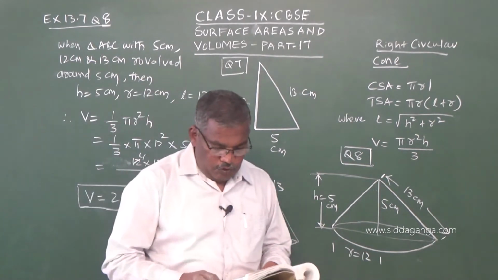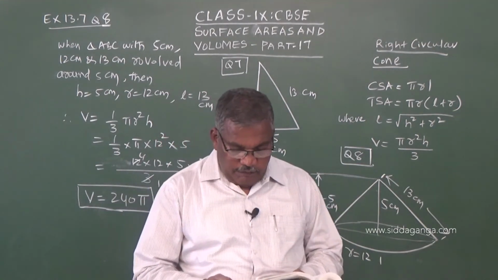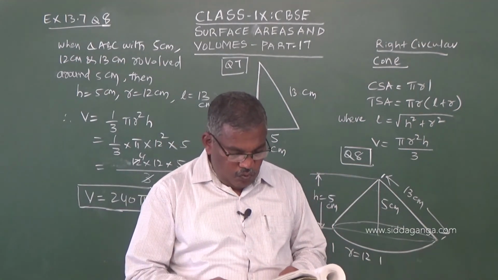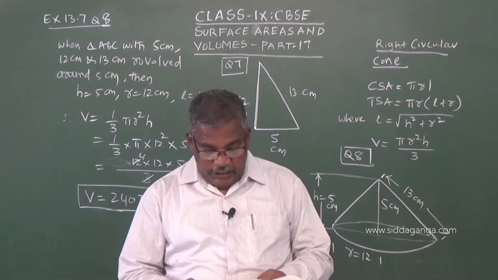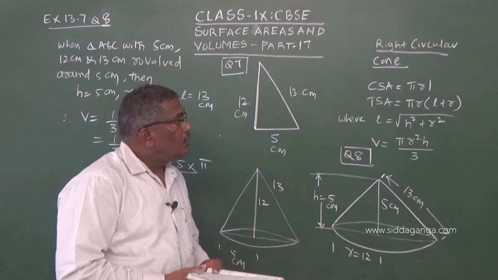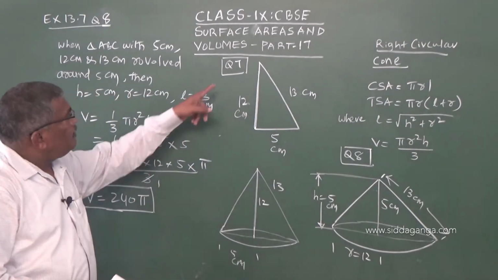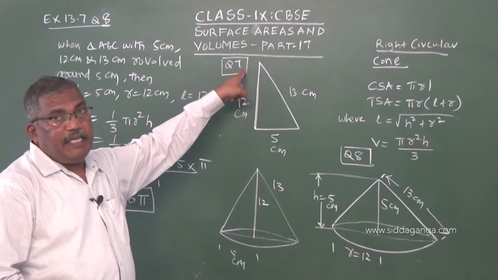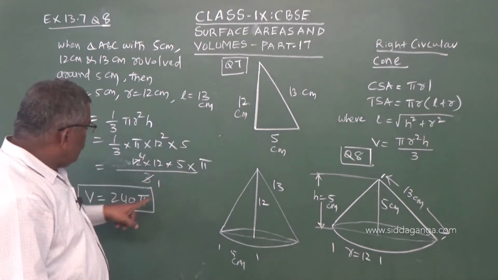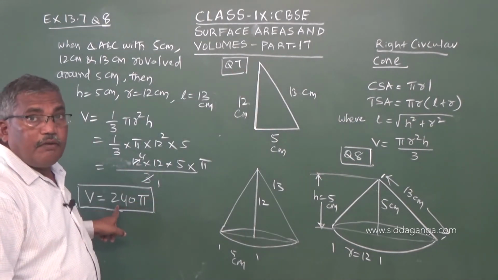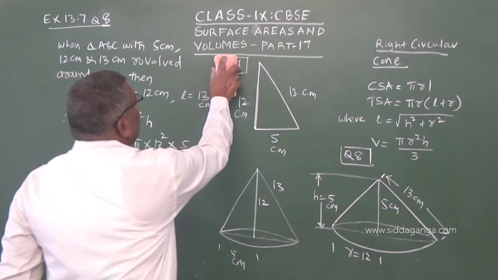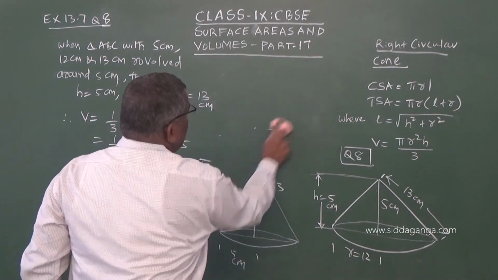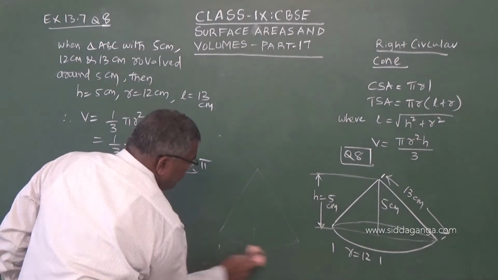So one more sub question in there. Find also the ratio of volume of two solids obtained in question number 7 and question number 8. So in question number 7 the volume was 100 pi that we have calculated. In question number 8 it is 245. We have to find the ratio of those two. So now I will erase this and continue with the answer for question number 8.